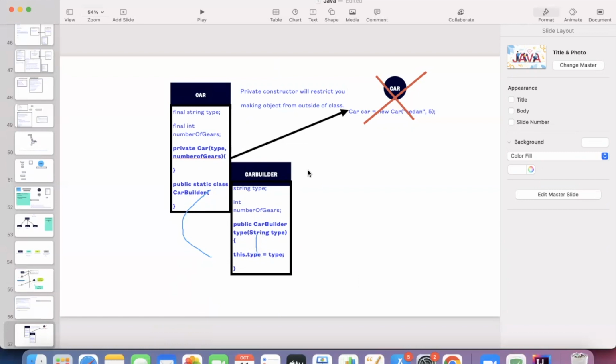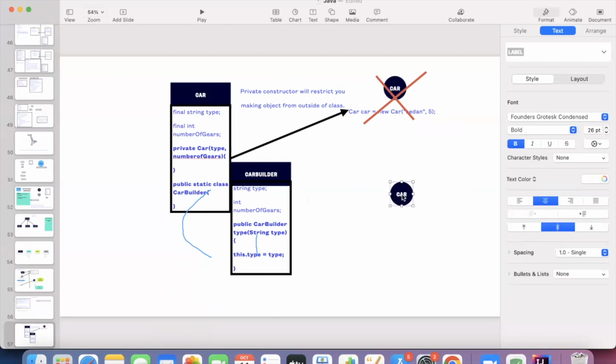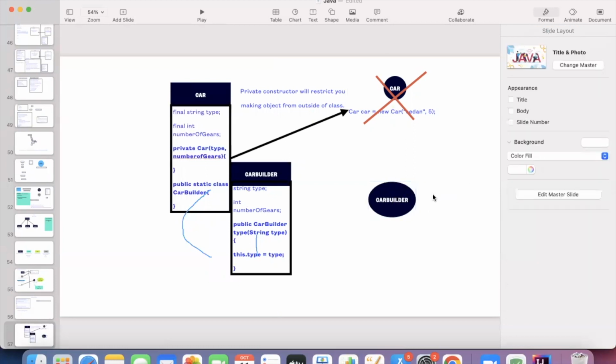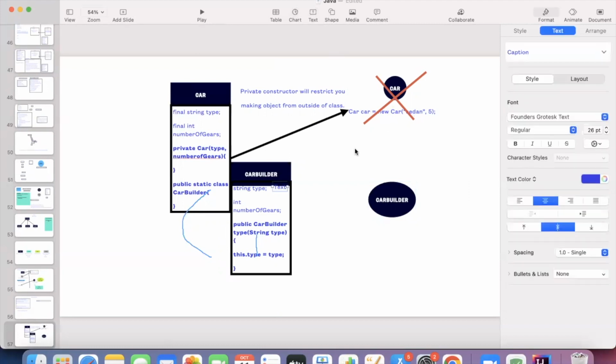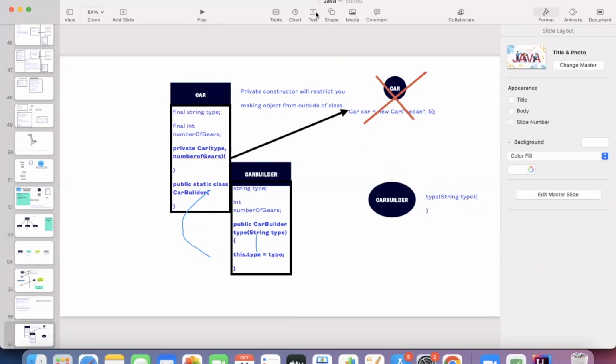Now every time I'm setting up, the object is a CarBuilder. This is not CarBuilder. For each method, I'm returning this one. Let's say I'm returning type. First, I'm setting up type, String type. So first, what I'm doing,